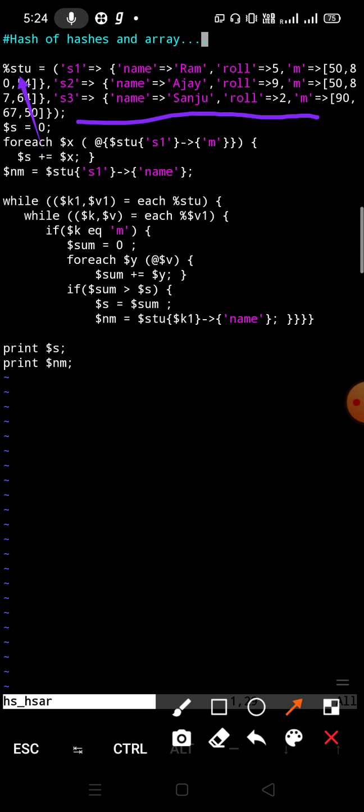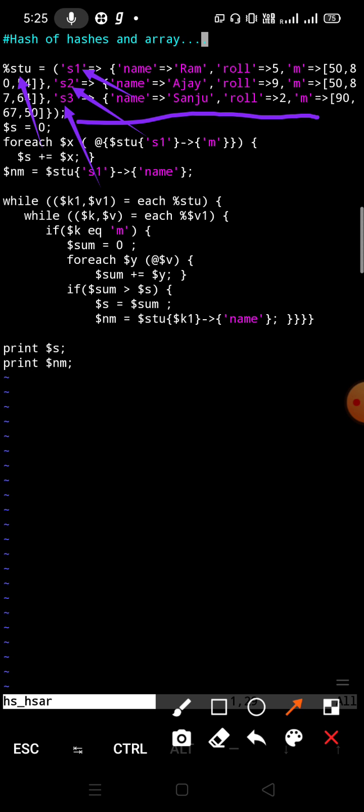You know that the percent symbol is used to represent a hash, at the rate for an array, and dollar for strings and variables. So %stu is a hash which contains three students' records, which are s1, s2 and s3. Okay, so this hash contains three hashes.